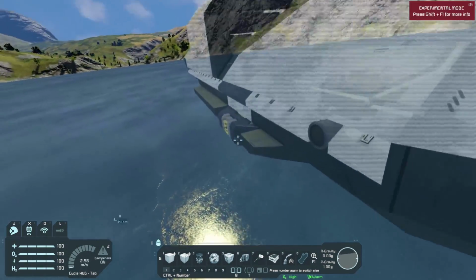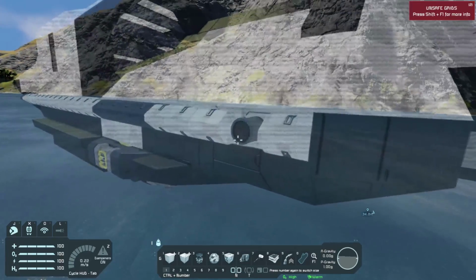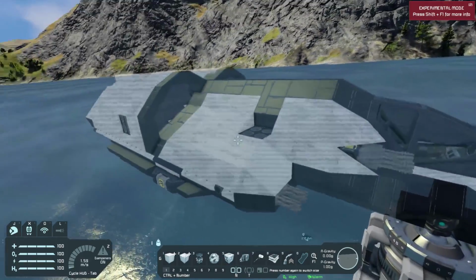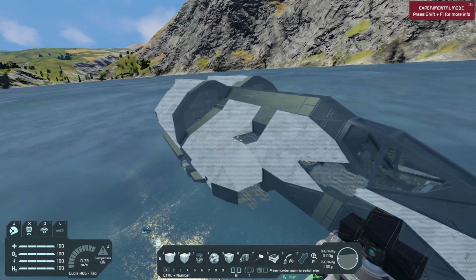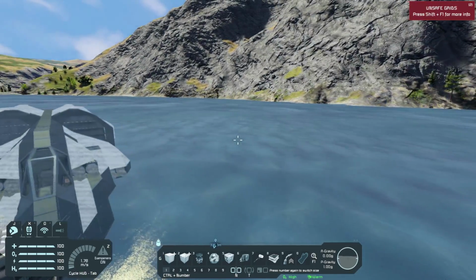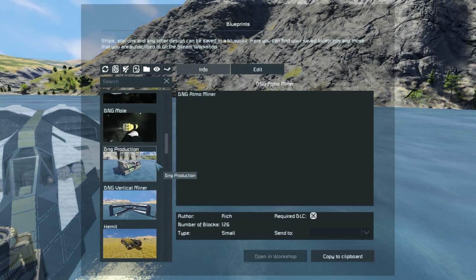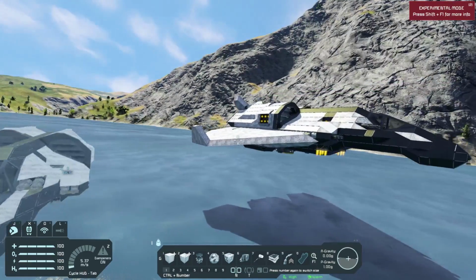As you can see, they have not projected. Also, the head of the hinges are not projecting either because they're considered a separate grid. This is the main part of the ship, the one with the most blocks, so this is the only thing the projector will project. If I go ahead and spawn in that ship, if I can find it again, you'll